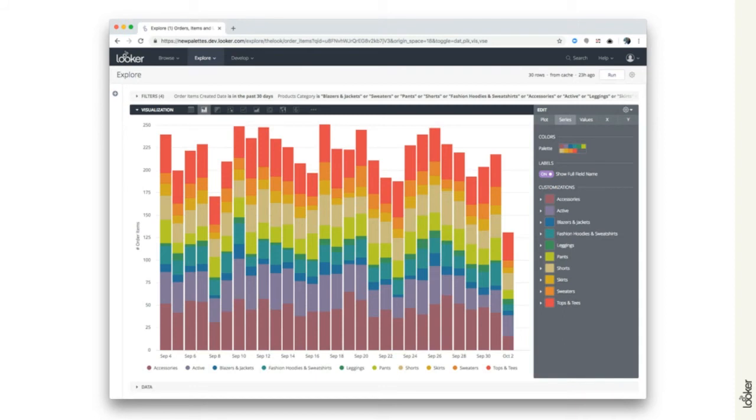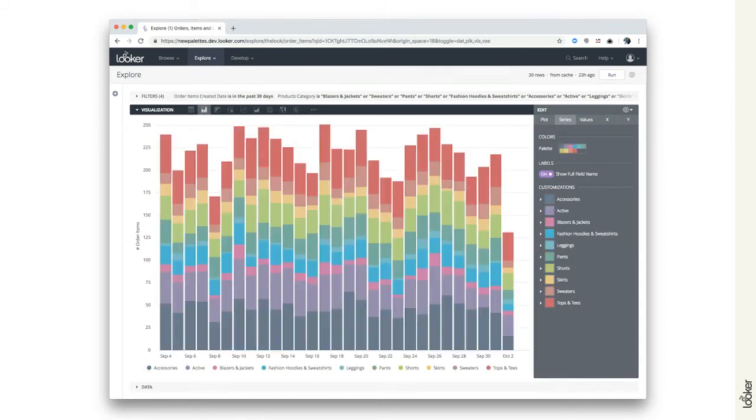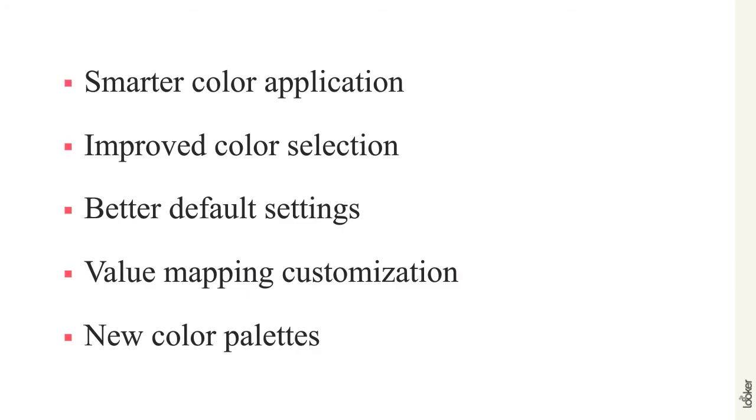And so to summarize, what we're doing on color, we're being smarter about how we apply color. We're giving you more selection built into the product. We're getting a lot smarter about using heuristics from the data and how the data is structured, what it means, how much of it is, what shape it is, to be smarter about what defaults we use, so that when